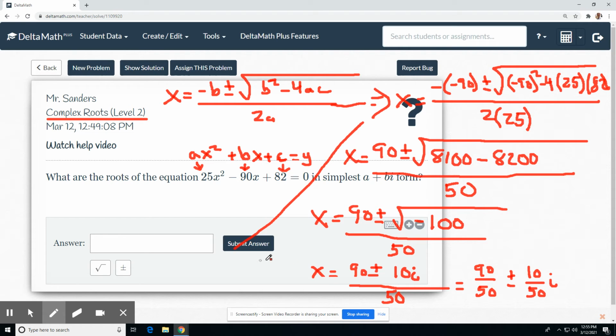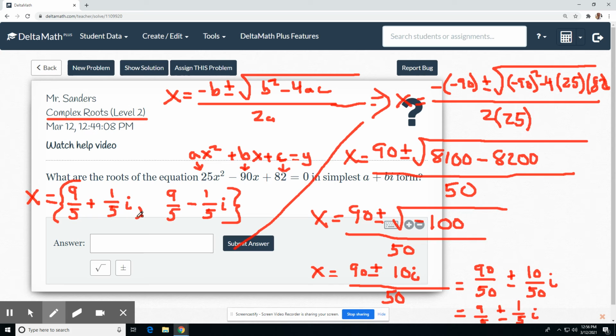So simplifying it one more time, zeros cancel out and you get 9 over 5 plus or minus 1 over 5 i. So from my imaginary roots, I get x equals 9 over 5 plus 1 over 5i and 9 over 5 minus 1 over 5i. We always want to separate them to show the 2 solutions. The real part always goes first, and the imaginary part always goes second. And if it's combined, we want to make sure the imaginary is moved out to the side. So 9 divided by 5